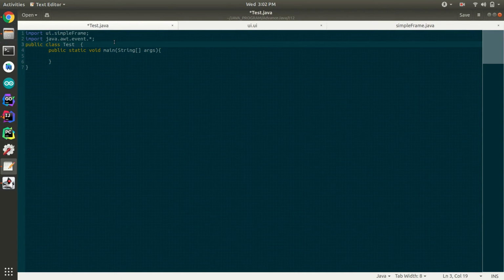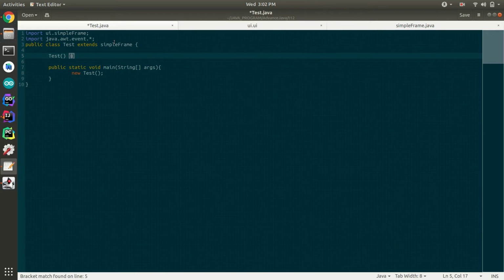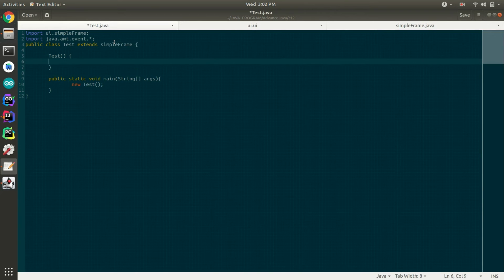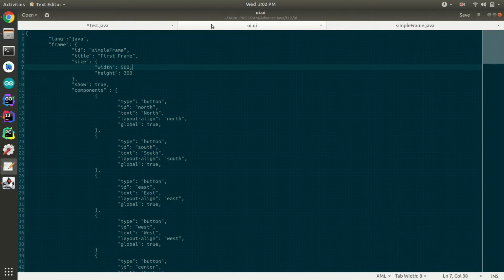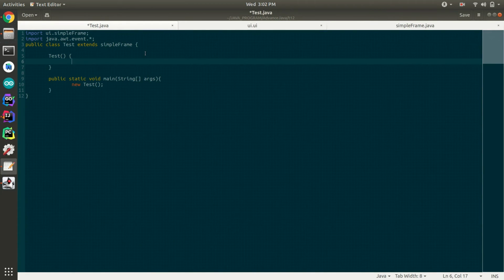Now we just need to extend that class. Extends simple frame, and let's create an object of test, and inside the constructor, just to show you how it is going to work, I am going to add an action listener over that button, any one of those buttons. So first of all, we need to know the name of the variable. As in the UI.ui file, we provided id as north. So what we have to do, north dot add